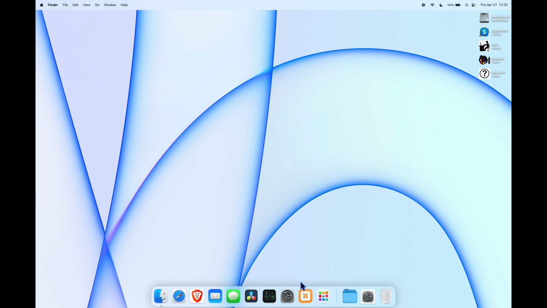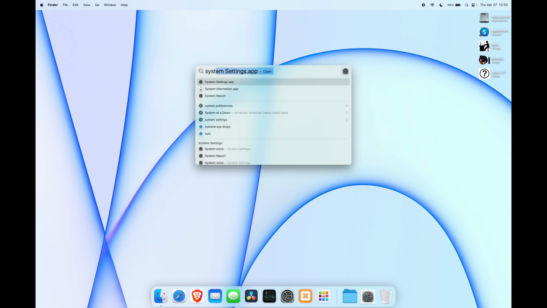In order to set up hot corners, go to System Settings on your Mac. Click on the search icon here in order to access it, or press F4 on your recent Mac keyboard. But you can also use Command Space. Let's search for System Settings like that. It should pop up like that. Press the return key,